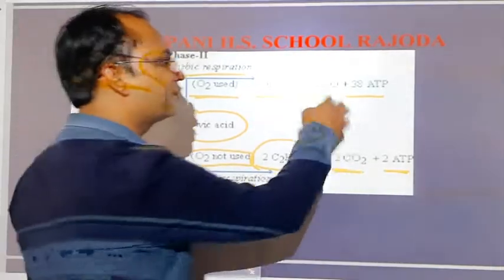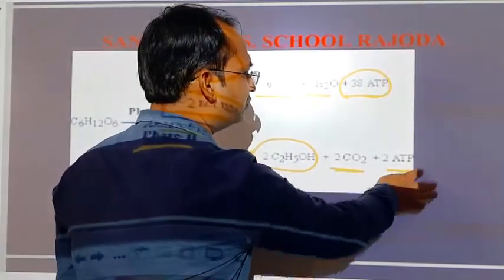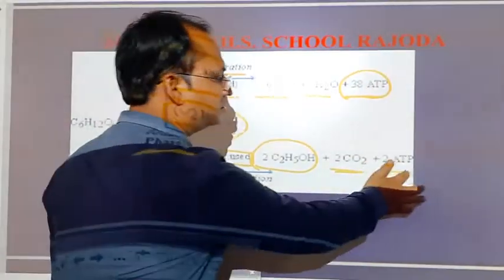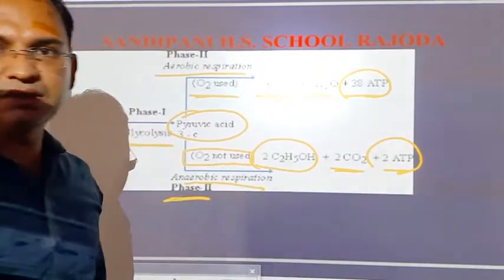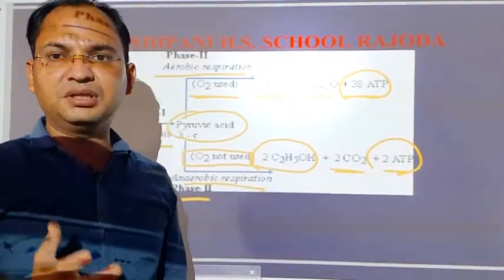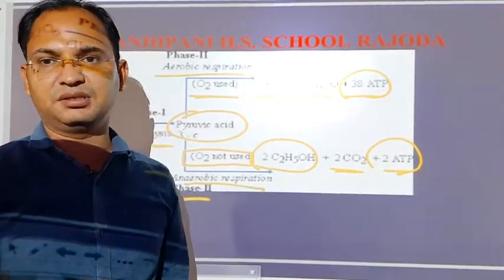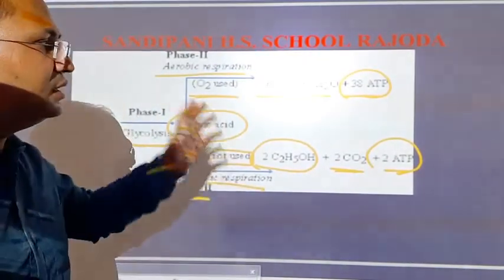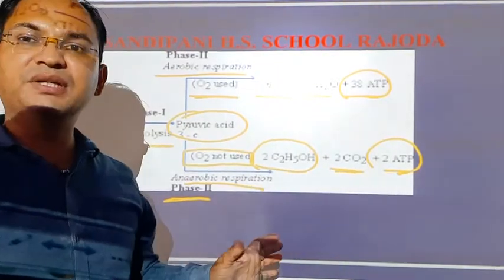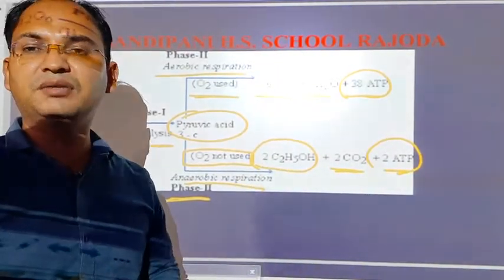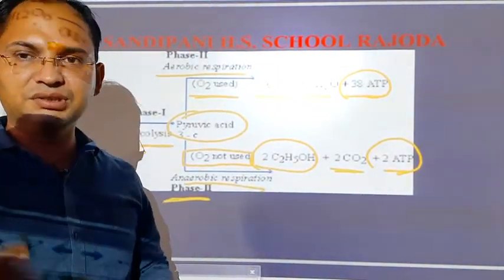Now see, 38 ATP and only 2 ATP. It is a huge difference. A difference of 36 ATP is there in the process of aerobic and anaerobic respiration. So we can easily conclude that aerobic respiration is much beneficial for the living organisms who need a lot of